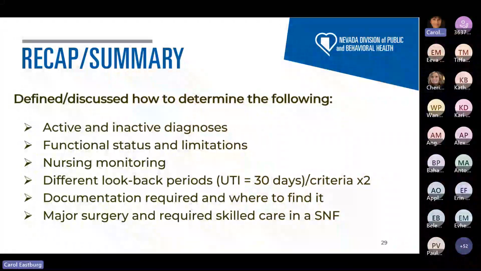And we talked about how UTIs have a different look-back period and two very specific criteria that must be met in order to code a UTI as an active diagnosis. And finally, we went over how to determine if a resident had major surgery and if it required skilled care in a SNF.